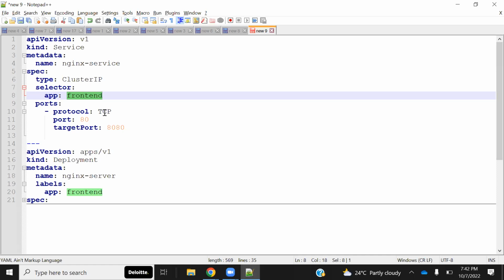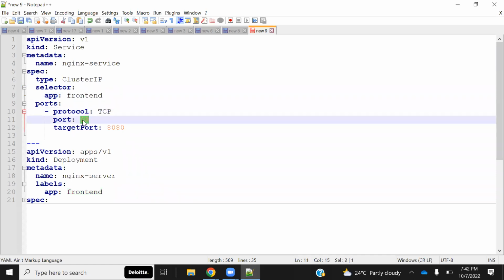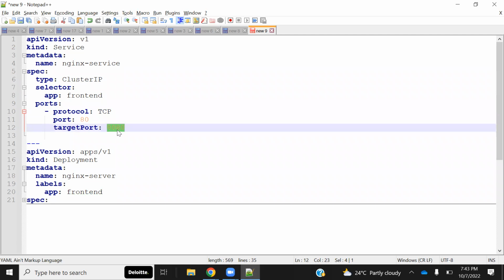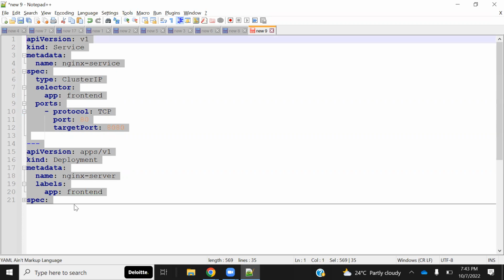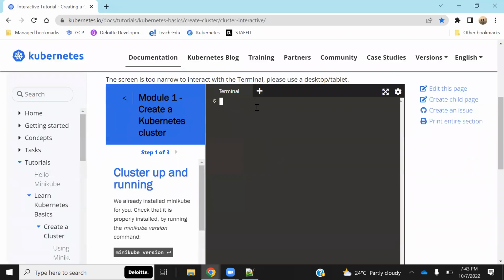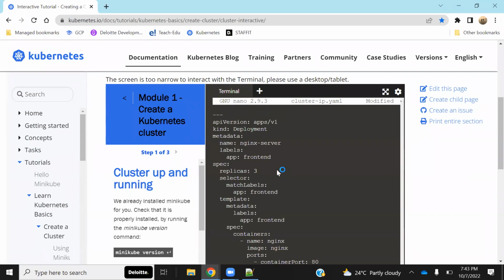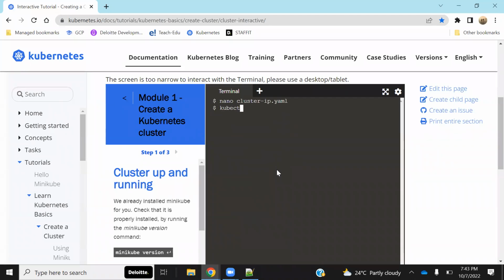Now it is saying TCP is the protocol. Internally, it will run at 8080 and the target port or the outside port is also 8080. Though it will not work outside, it will be 8080. So now let me run this and I'll come back to this again. Let me copy this, come back to my shell, and here I'll say nano cluster IP dot YAML. Paste whatever you have. Okay, Control X, Y, enter, and come here and say kubectl apply -f,